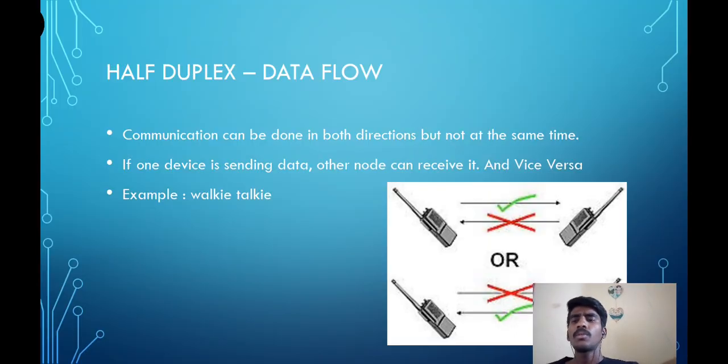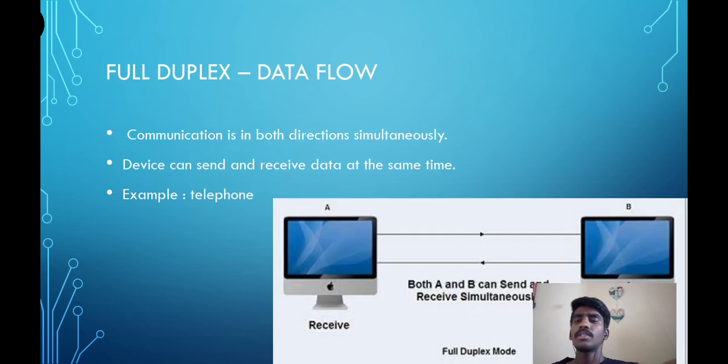Now, what is half duplex? Half duplex is bidirectional, in which both the sender and receiver can communicate with each other but not at the same time. Let us take walkie-talkie as example, in which sender can send his data, he can talk, whereas the receiver can receive but cannot reply back at the same time but can afterwards. Now the third one, full duplex, we can also call this as duplex. So we can take mobile phones, telephones as a full duplex example, in which both the devices can talk back at the same time.